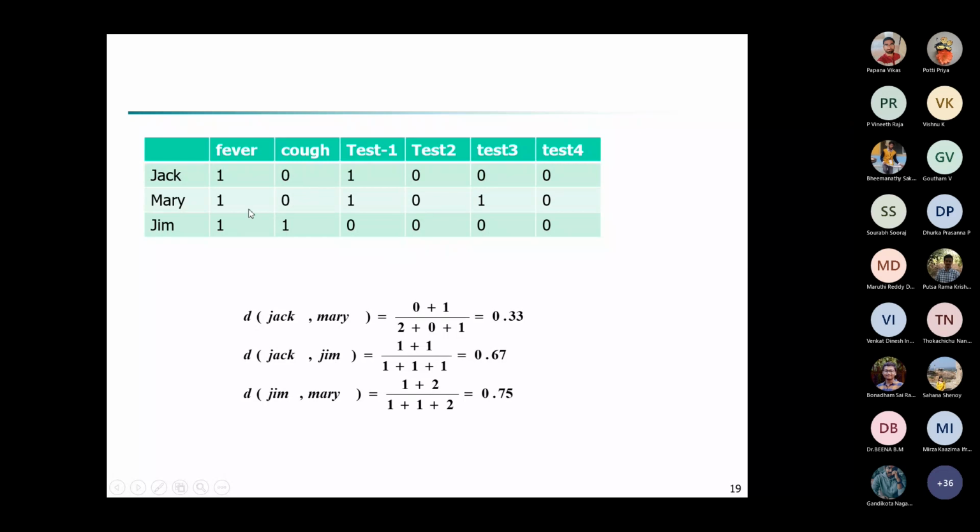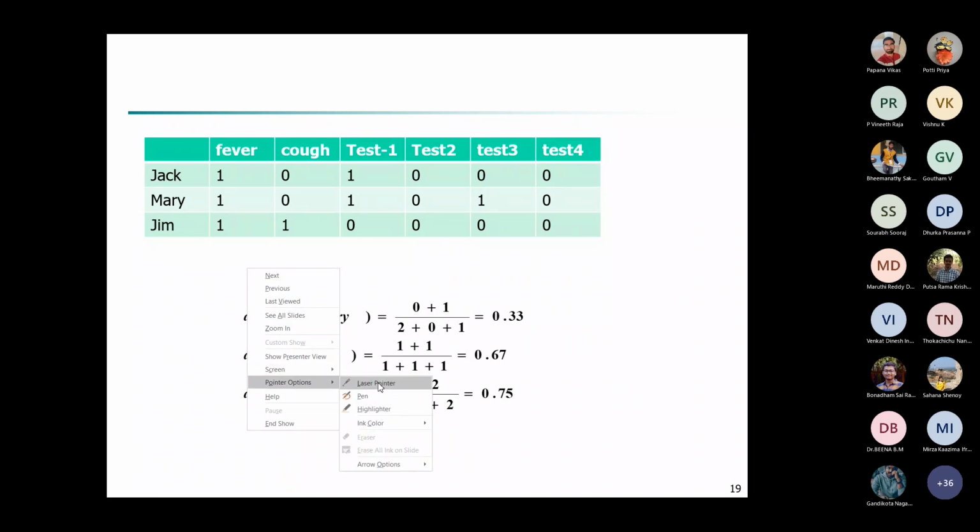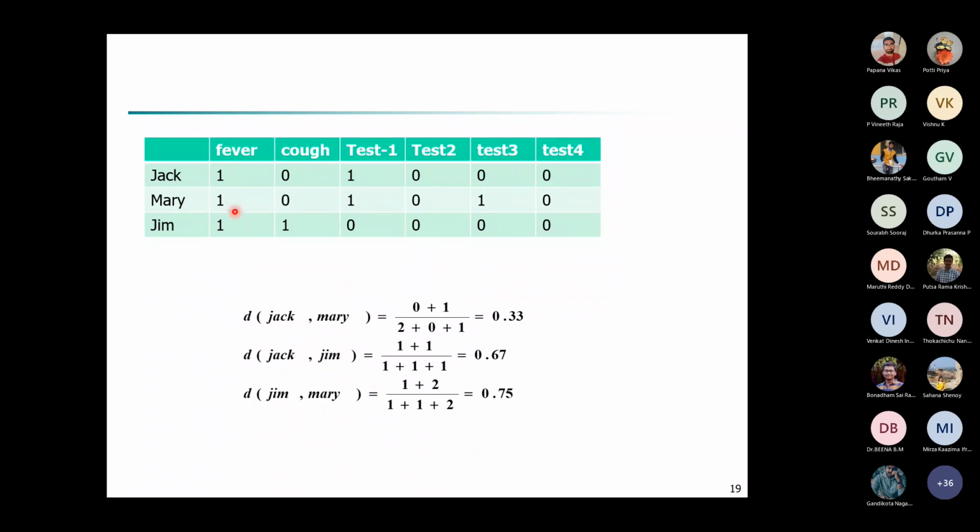We are seeing which combination? 1 0. Do we have a 1 0 here? See only the first two instances. Let me just make the pointer different. So we are seeing only the first two rows. Do we have a 1 0 combination? We don't have it at all, isn't it? That is 1 in the first row, 0 in the second row. We don't have like that, so we put 0 here.